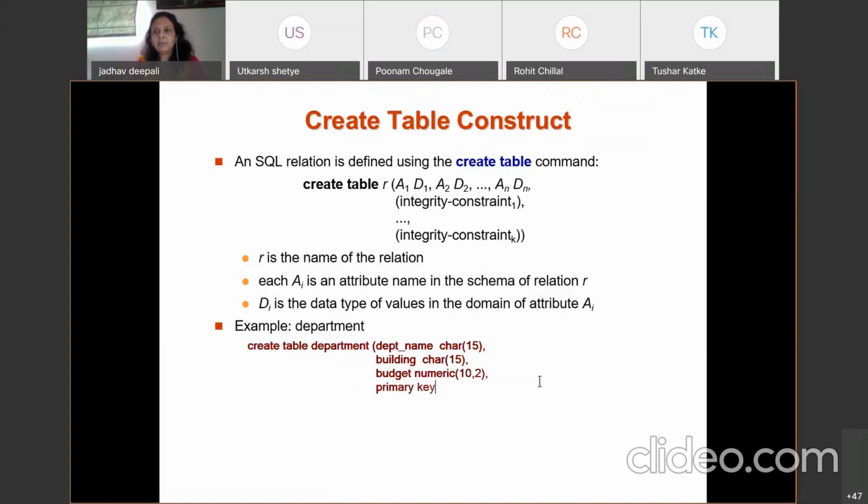Primary key. Now, the question asked was whether SQL is case sensitive. No, you can write the entire thing in either uppercase or lowercase letters. It is not a case sensitive language. But primary key, you can write in capital or in small, as it is a keyword.